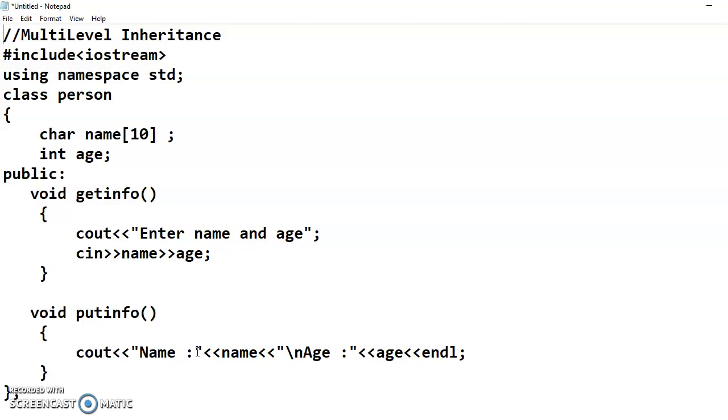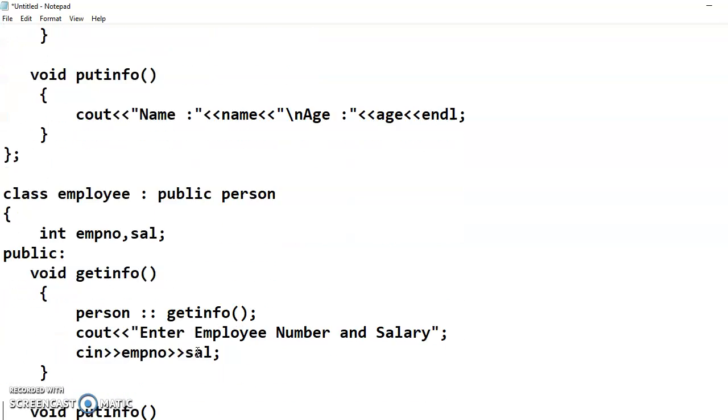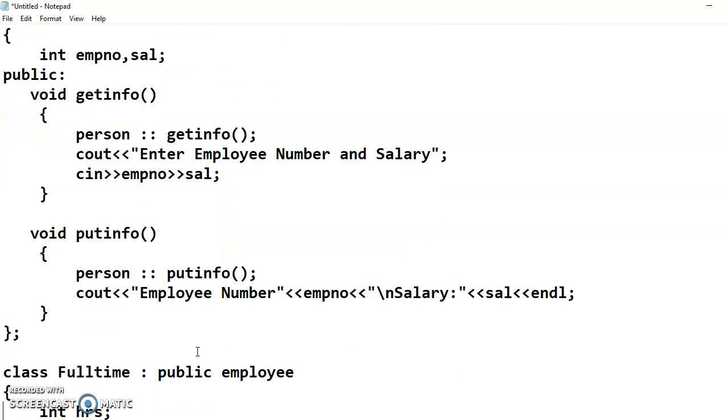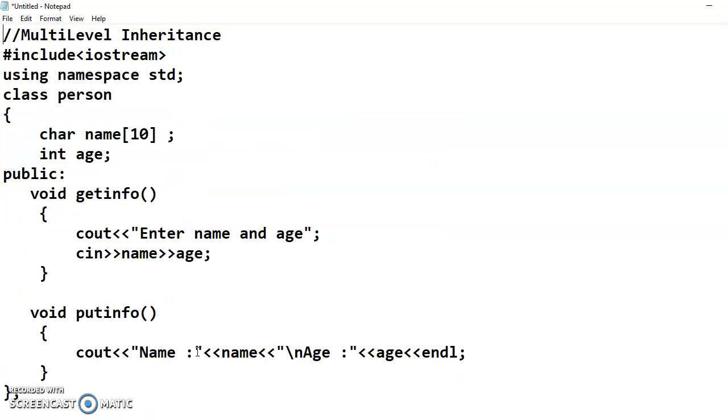That person class is our A class, then employee class is our B class, and full-time is our C class. As we are all aware, B is deriving from A and C is deriving from B. We will apply the same thing here. That means employee will be deriving from person and full-time will be deriving from employee.